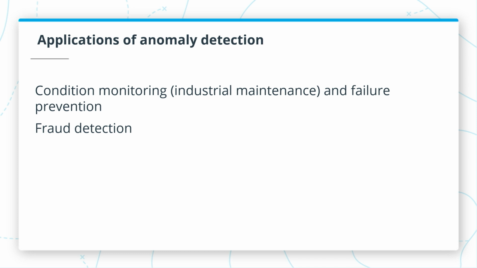Another class of applications for anomaly detection is intrusion detection. For example, a certain pattern of network communication that is specific to a vector of attack that is classified as an intrusion is an abnormal type of activity in a network. So this is the reason why intrusion detection can be also effectively addressed using approaches that are specific to anomaly